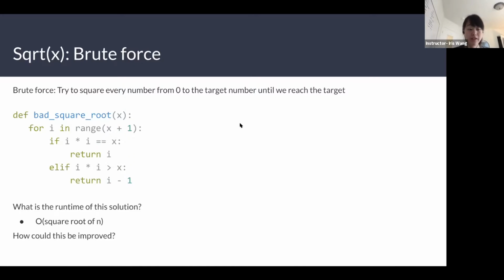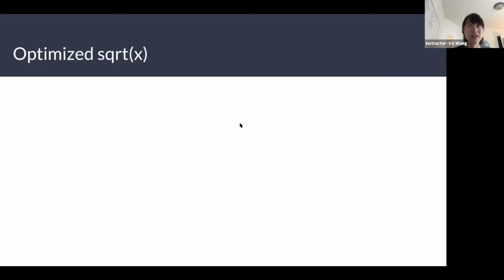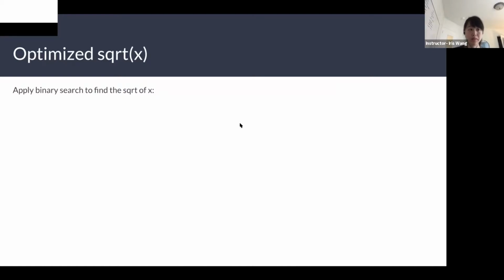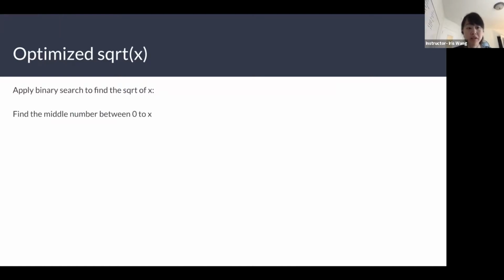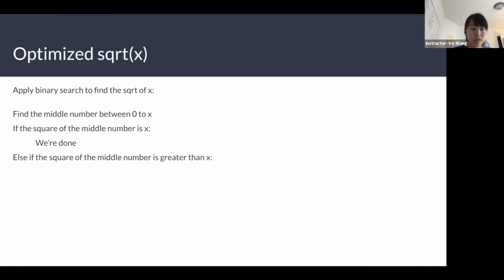And then how can this be improved? So in optimized square root of x, you can basically apply binary search to find the square root of x. So find the middle number between 0 and x. If the square of the middle number is x, then that means we're done. Pretty simple. Else, if the square of the middle number is greater than x, then we'll repeat this process from